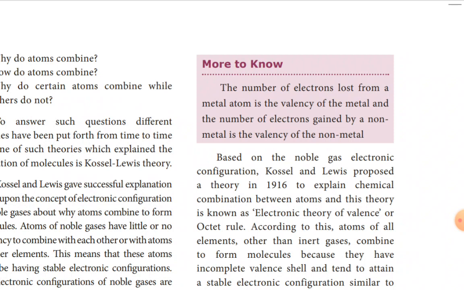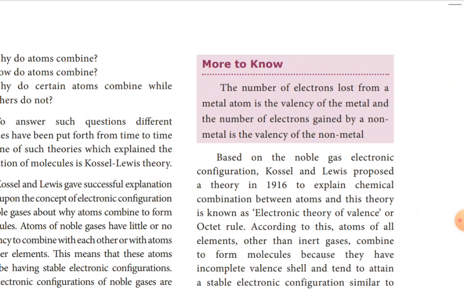This you have to understand. Metals have the tendency to lose electrons. So metals are electropositive in nature. Electropositivity means the tendency of losing electrons, and non-metals have the tendency of gaining. So non-metals are electronegative in nature. Sometimes you will be asked the question, what is called electronegativity? The tendency of an atom to gain one or more electrons is called electronegativity. Non-metals are electronegative and metals are electropositive.